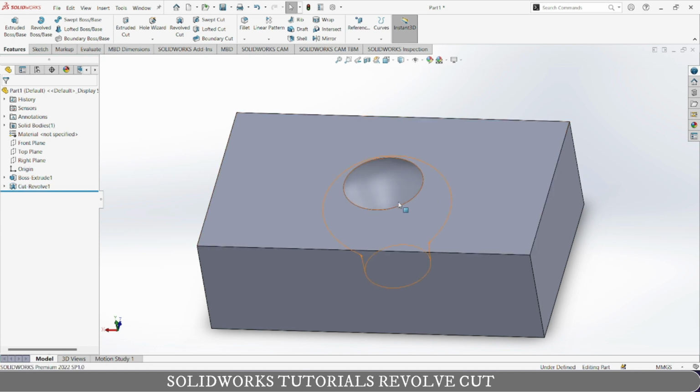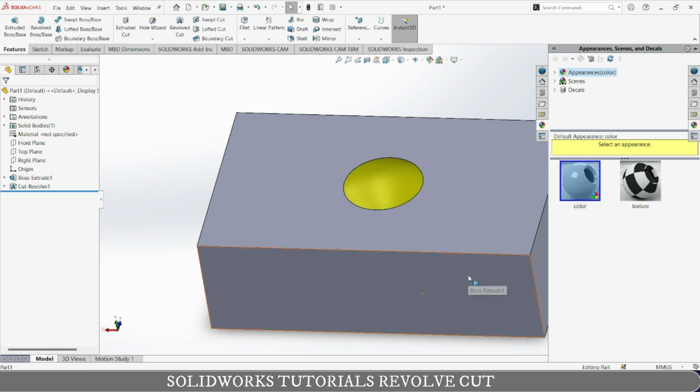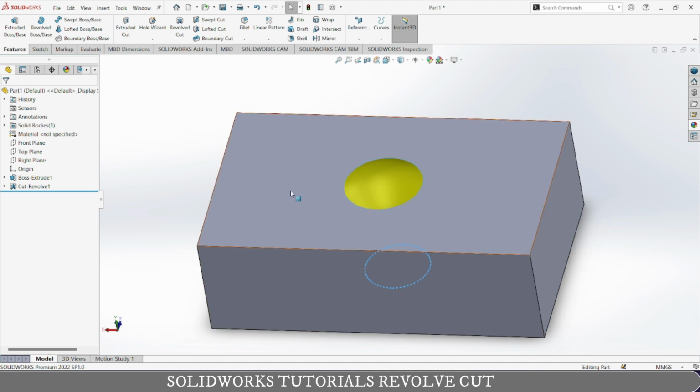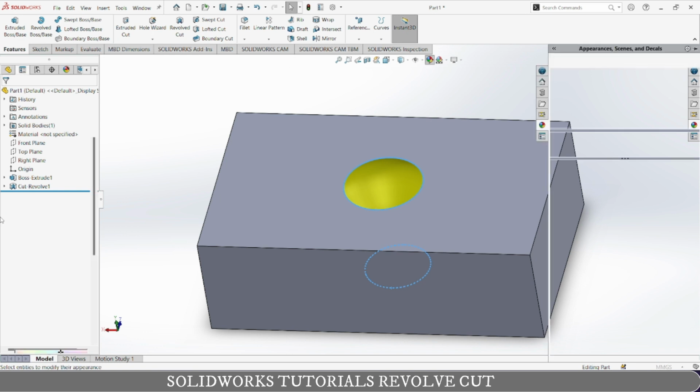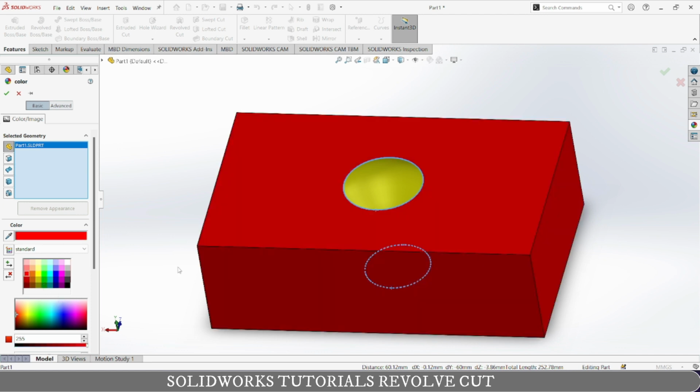Now you can give any color to it. Just select it, give it a color. I want to give it a yellow color, and this complete whole board. Okay. Select this part, and I want to give it a color, let's say red color. Okay,